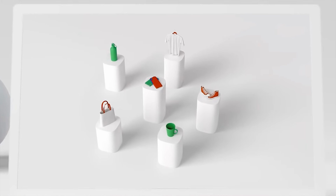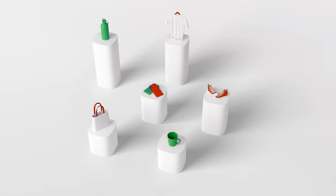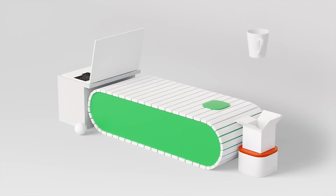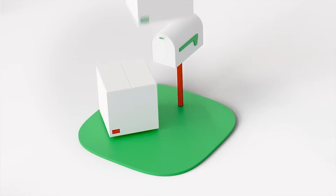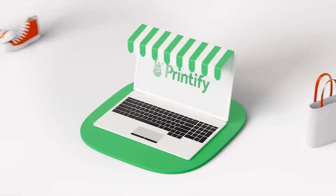And if you somehow are watching this video without knowing what print-on-demand is, it's a process where you create designs for products to sell in your Etsy store, but that design doesn't actually get printed onto the item until it gets an order, at which point your print provider, like Printify, which is who I use, actually prints the item, ships it to your customer, and even updates the tracking information for you. So all you have to do is do the research, make the designs, post them for sale, and follow this